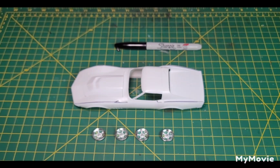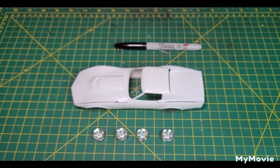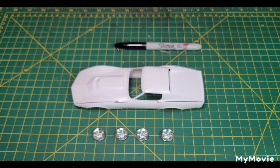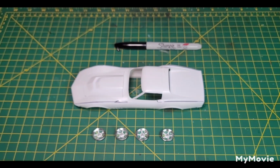So having said that, I'm going to try not to worry about it. For some reason it's hard for me not to. I've been doing research on the car and looking at reference pictures, and that just kind of bugs me, but I think I'll just go with the tri-carb setup. I just had to get that out of the way and say that. So anyways, now that I got that out of the way,